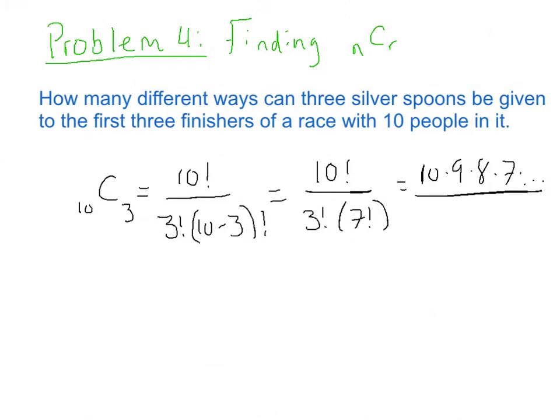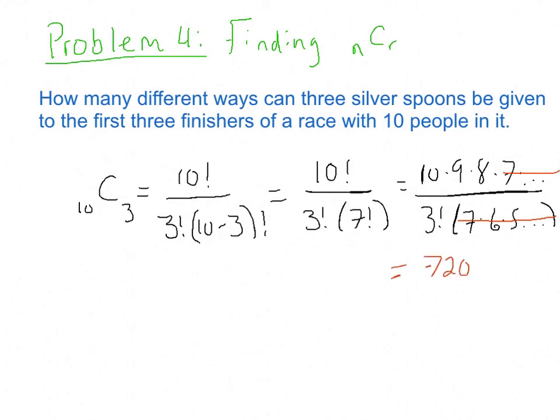And then we'd have 3 factorial times the 7 factorial, which is 7 times 6 times 5, and it would go all the way down to 1. So all these, the 7, 6, 5, 4, 3, 2, 1 up top, would cancel out with the 7, 6, 5, 4, 3, 2, 1 on the bottom, and we'd be left with 10 times 9 times 8, which would give us 720,